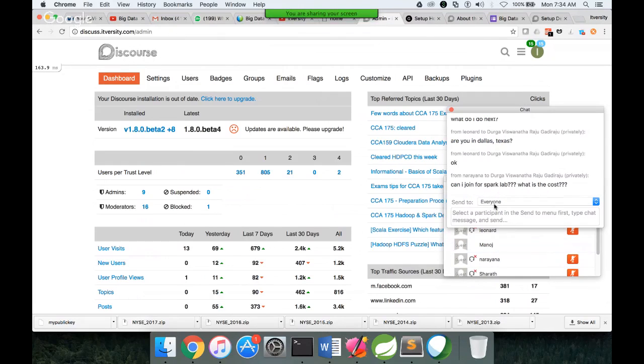There is one more question here. Can I join for Spark Lab? What is the cost? If you are a student, it is 74.95 for up to 2 years. If you are in 3.1, you will get it for 1 year. If you are in 1.1, you will get it for 2 years. If you are planning to do your graduation for more than 2 years, even then you will get it only for 2 years. For others, for experienced professionals, the cost is